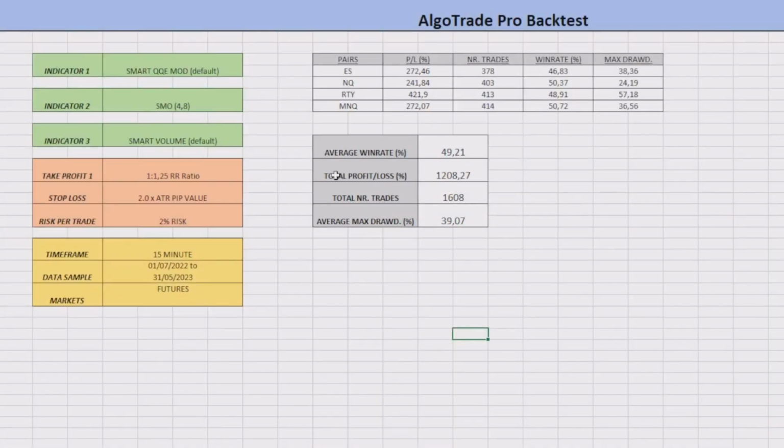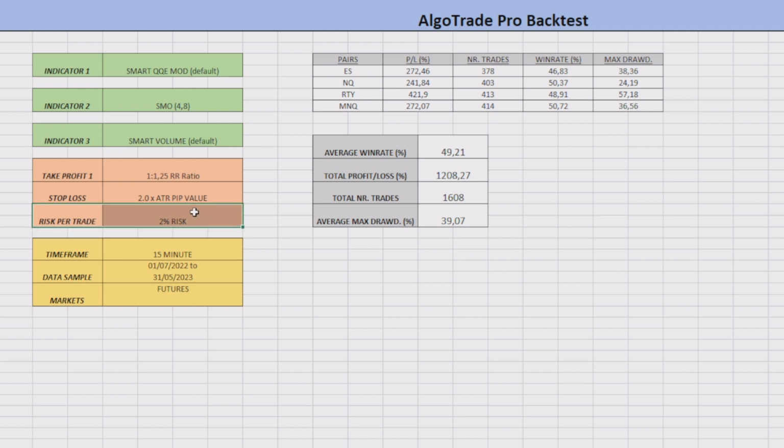After analyzing over 1,600 trades with my backtesting bot, here we have all the results. Based on these conditions, the overall win rate of this strategy was about 49.21%, and it produced a net profit of over 1,200%. The average drawdown was a bit high, with a value of 39%,